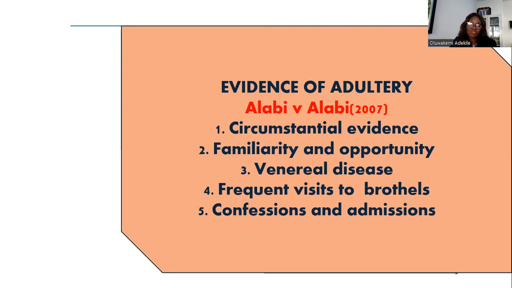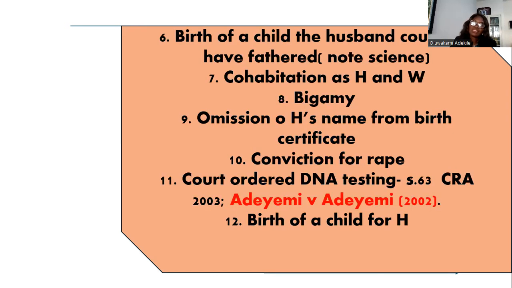If the people that are alleged to have committed adultery are frequently visiting hotels and other places where there is opportunity to commit adultery. Of course, this evidence is a question of fact before the court in each case. In cases like this, the circumstances of each case would determine if adultery has been established. Sometimes you have someone that will confess or admit that they've committed adultery. And so another circumstantial evidence is that